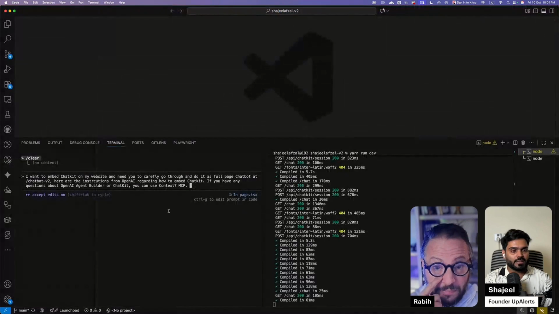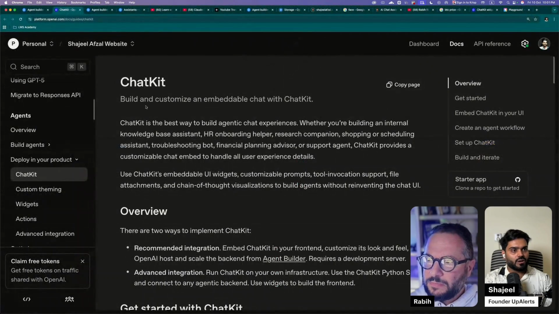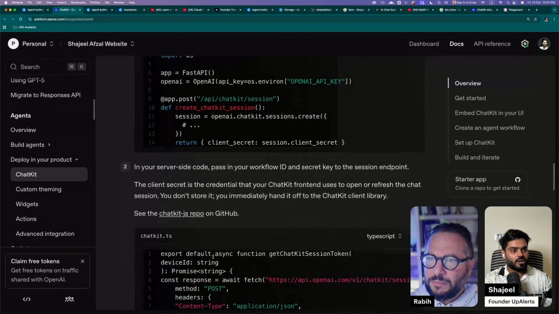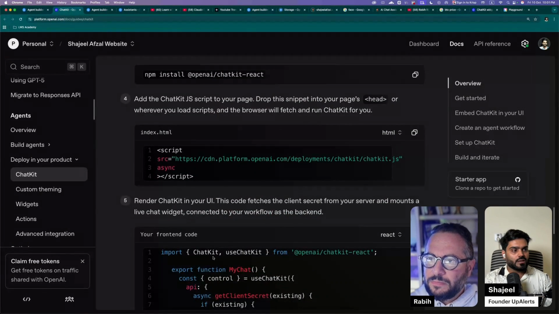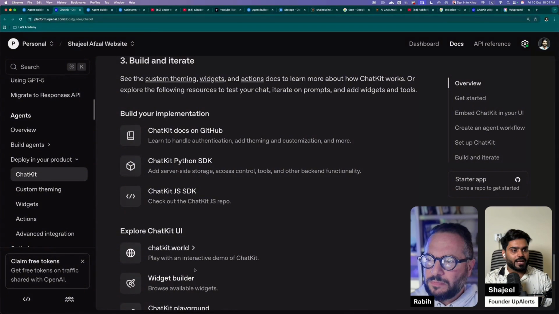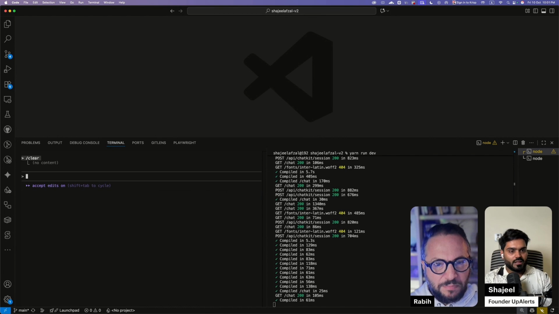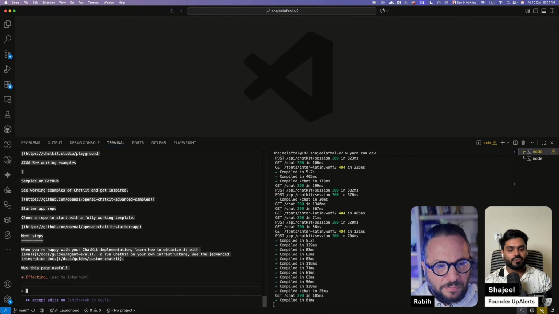So I'm gonna copy this and then paste it here. It has all the context about what is ChatKit and how to use it, because this documentation shows the code as well. So it has all the context now. But if it needs more context, then it is gonna use the Context 7. So let's press enter, and now it is going to do the hard work for us and implement a new